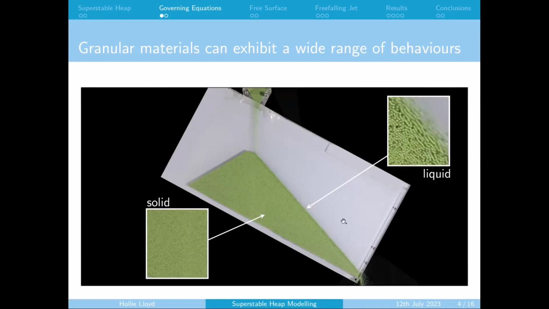So how are we going to describe how this is behaving? What we do is we say that the solid behavior, you can think of that as behaving like a viscous fluid with a really high viscosity, reluctant to flow. Whereas in this free surface flow here, the material is behaving like a viscous fluid with a much lower viscosity, so it flows much more easily. So this entire system here can essentially be described as a viscous fluid where our viscosity is going to vary depending on